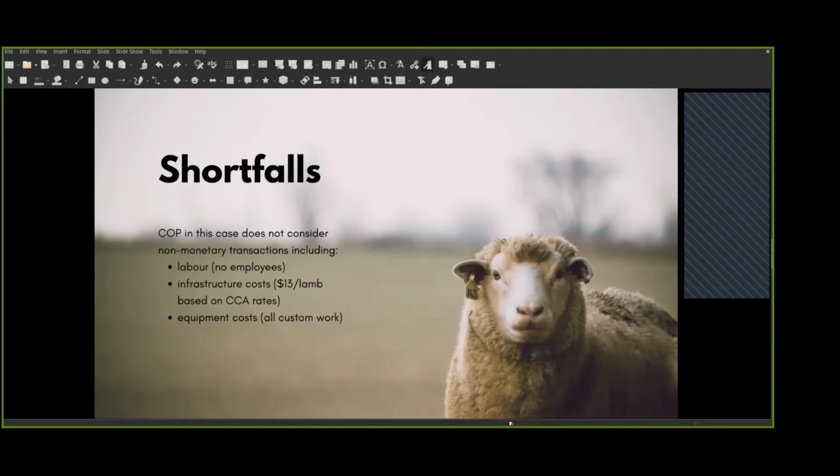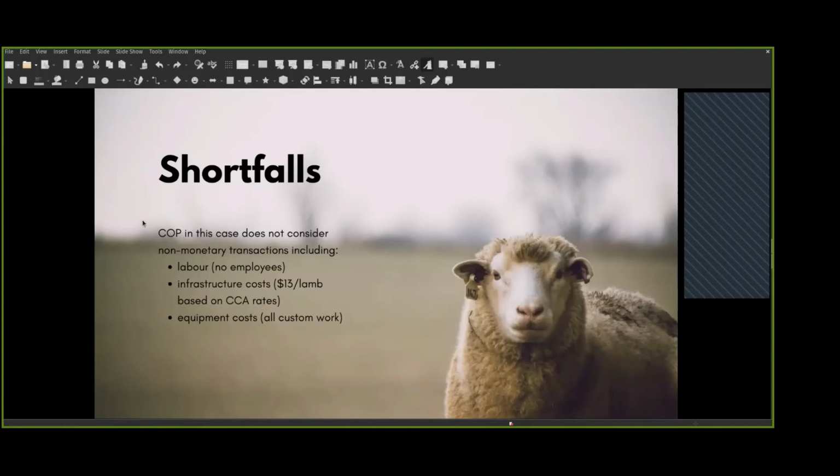And again, very limited equipment costs because all we have is a little 784 International tractor. The rest is all custom work or share equipment shares where we pay fuel and all of the repairs on some equipment. In exchange, my husband works for the guy. So that's kind of how we take care of